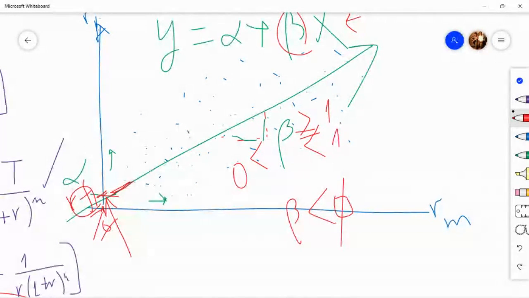Our y, the actual return, the proper return on the stock, on Apple, is actually, think about it, RA, that's Apple, minus RF, which is,